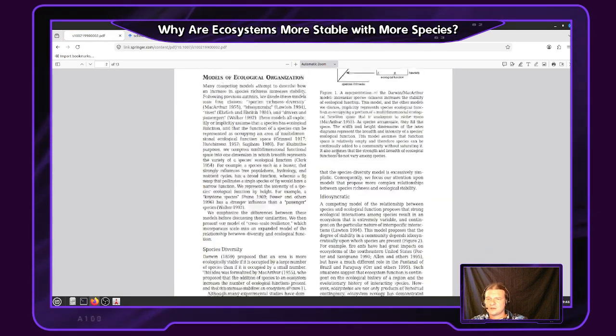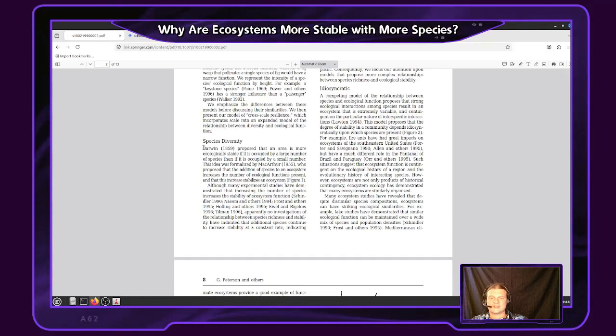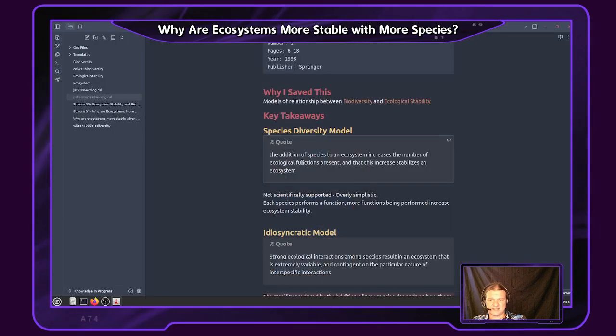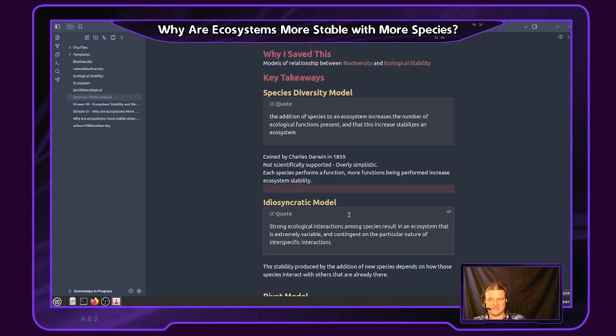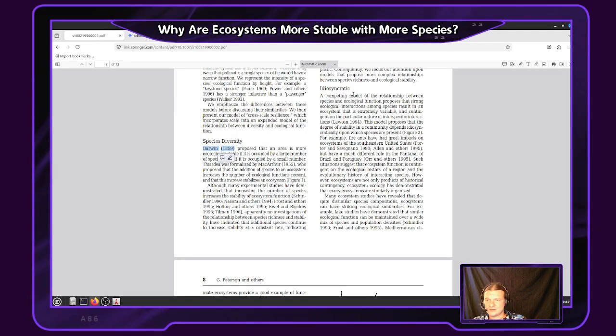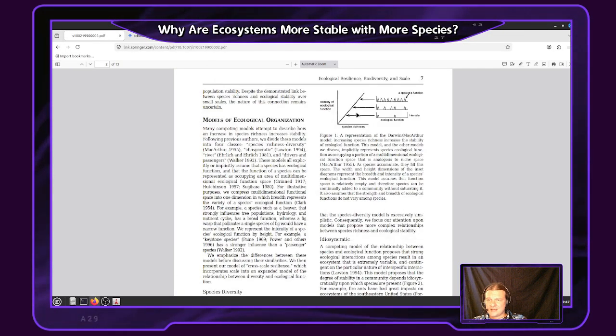All right. Yeah, so this one was coined by Darwin in 1859. We should put that note in there. That's an interesting little fact. Right? We'll say coined by Charles Darwin in 1859. Yes, it's not scientifically supported, but it was the first idea that was being presented. All right. The next one that was being presented